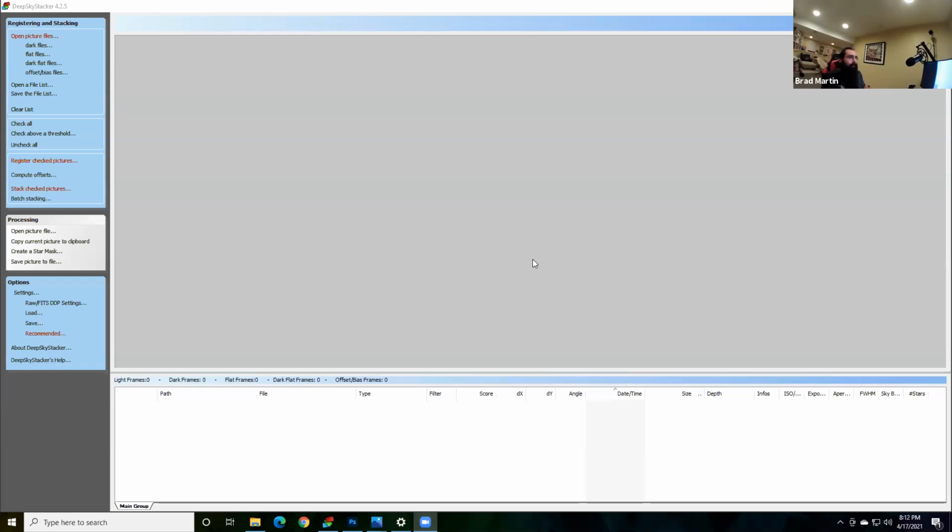All right, so what I have open here is a program called Deep Sky Stacker, which is one of several free image stacking programs. If you don't know what I mean by image stacking: when you are doing astrophotography, it would be really nice if you could take an exposure that's three or four hours long to maximize the amount of light you're gathering. That would be great, but real life conditions don't allow you to do that, what with light pollution and the fact that meteors and satellites are whizzing around.